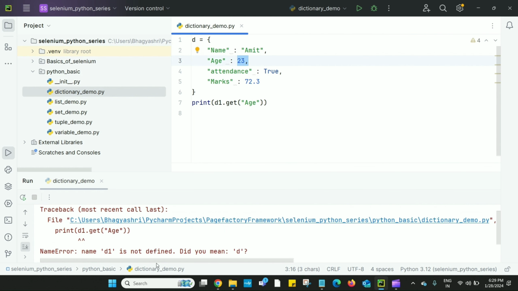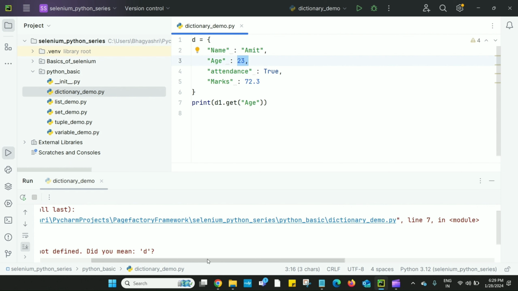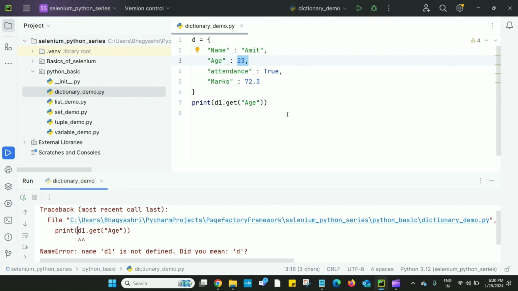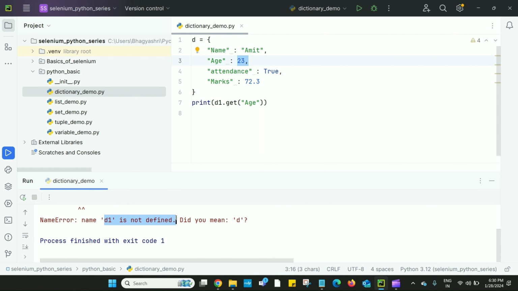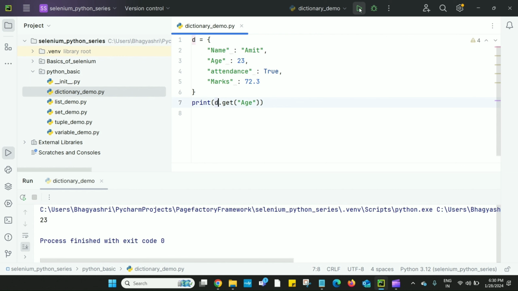What is the error? See, at line number 7, print d1 dot get. d1 not defined. Oh, my bad. This variable should be d, and let's execute. So it should be 23.